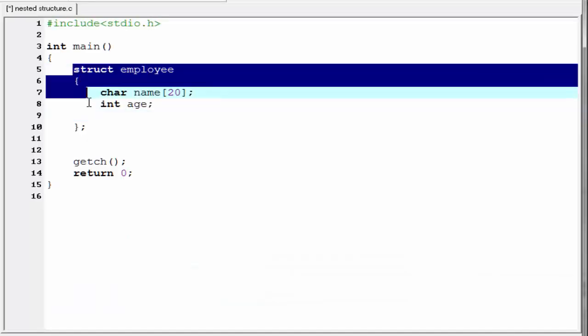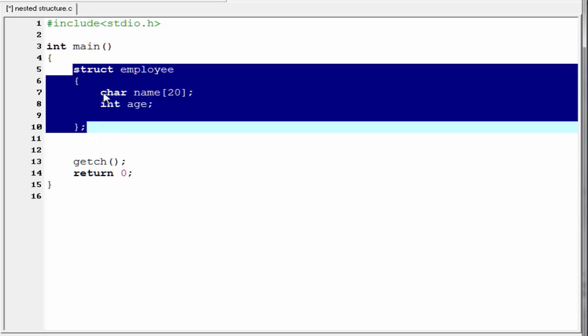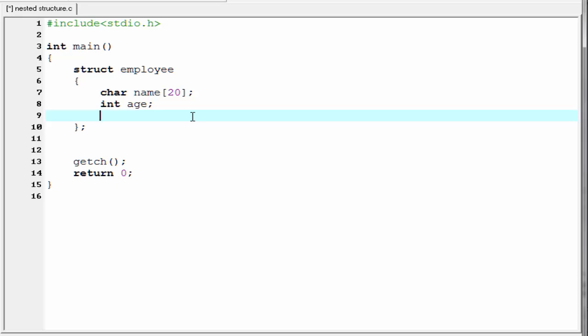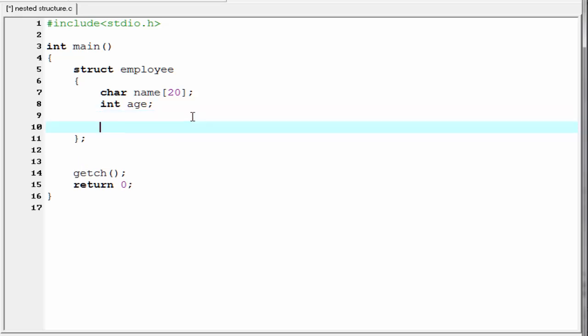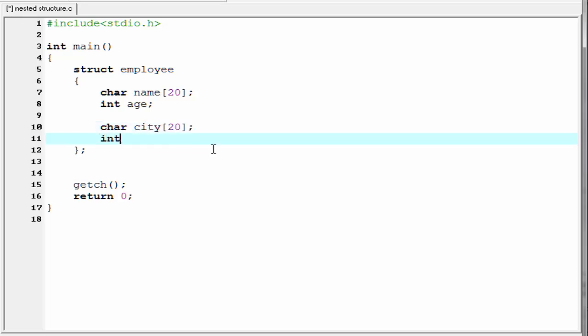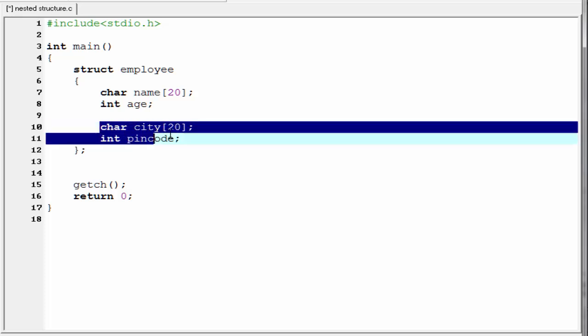Here we declare a structure of employee that contains two elements, employee name and employee age. If we want to store the address of the employee, let's say city name, pin code, etc., for that I am going to write here char city and int pin code. But if we group these two attributes or elements under one name, then it would be easier to write the code and maintain it. For that I am going to cut these two attributes,